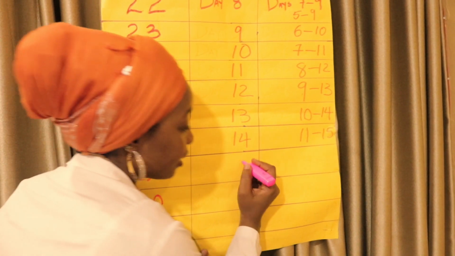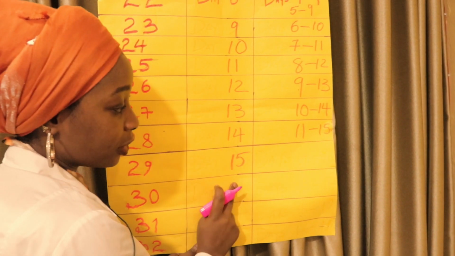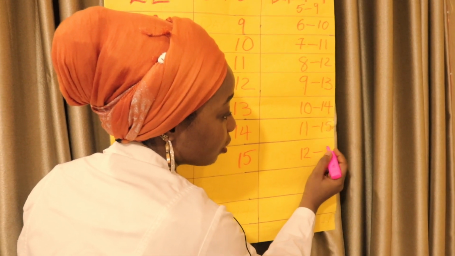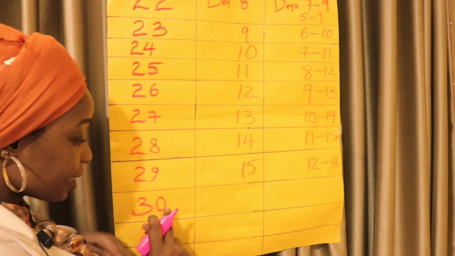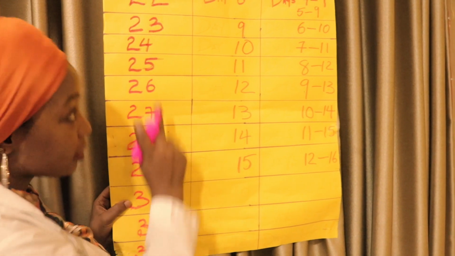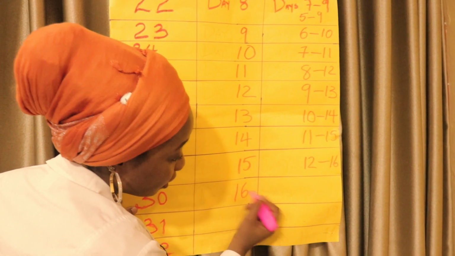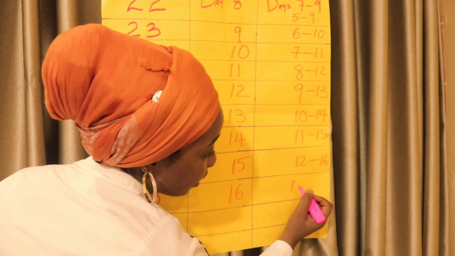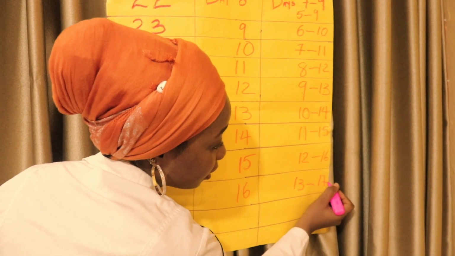For 29 days, day 15 is your ovulation day, and day 12 to day 16 is your fertile window. For a 30 day cycle length, day 16 is your ovulation day, and day 13 to day 17